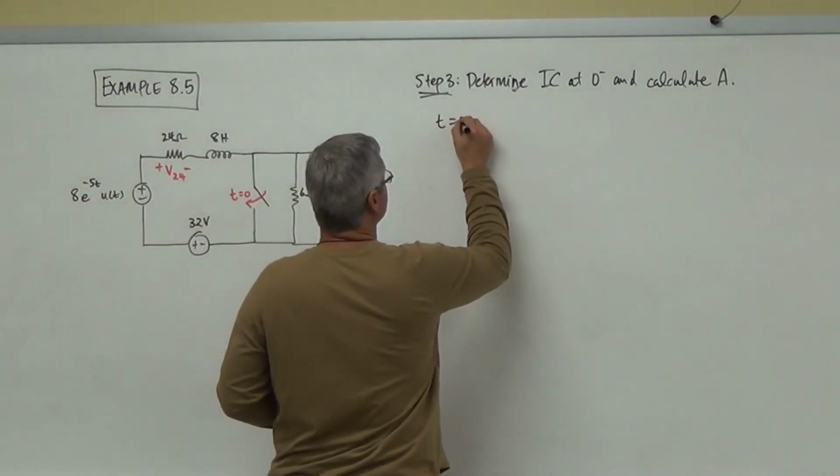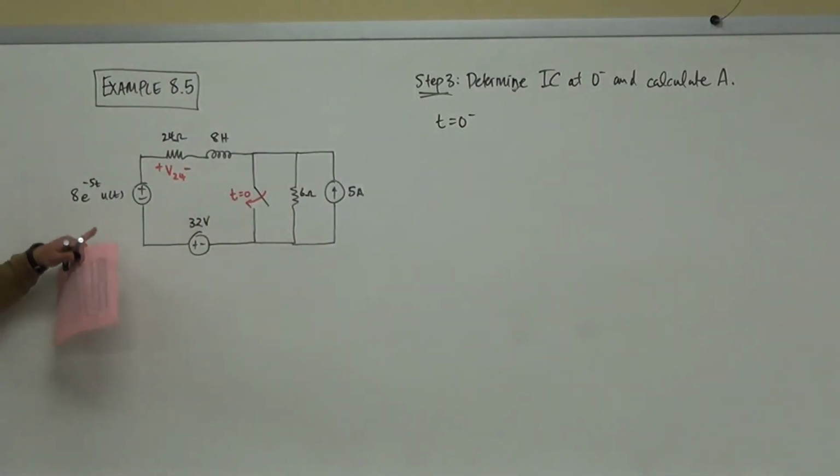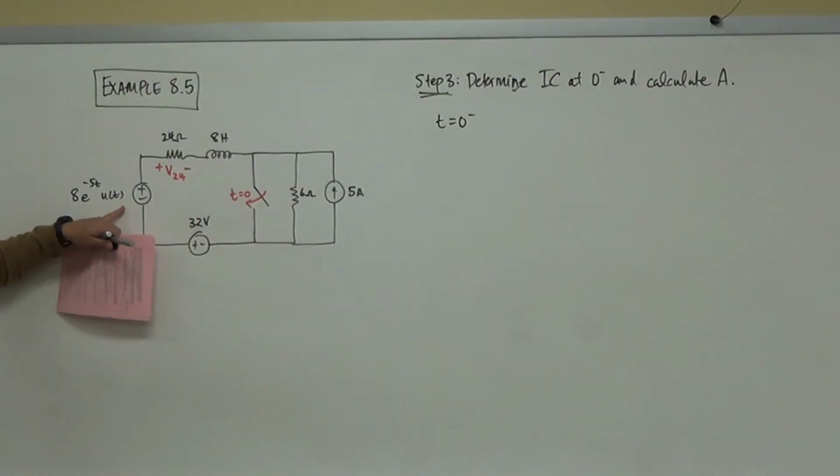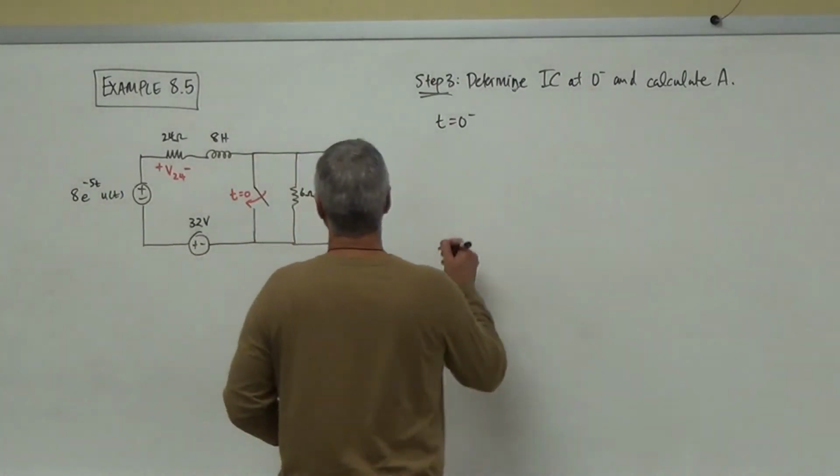At t equal to 0 minus, what's my circuit? Well, at 0 minus, this switch isn't here. So the voltage source is a short, and this thing is open, so then what I'm seeing here is that I have